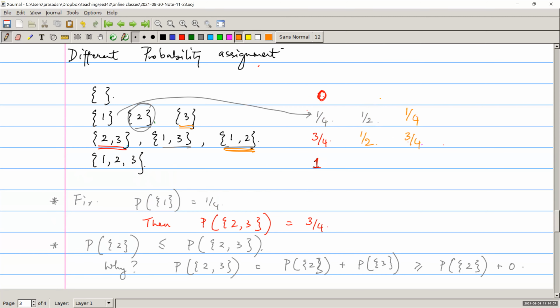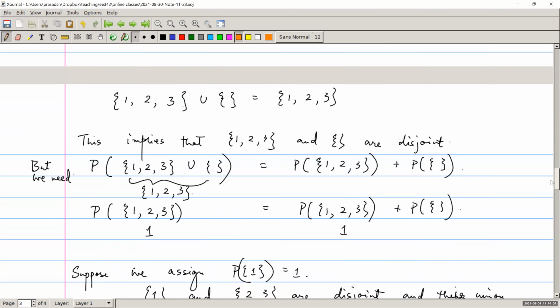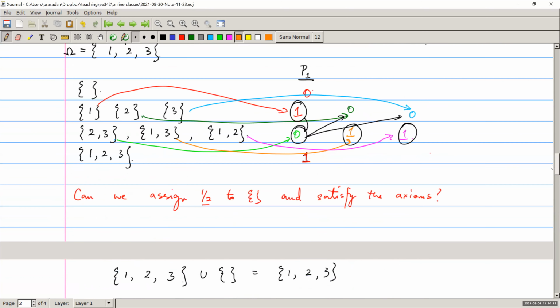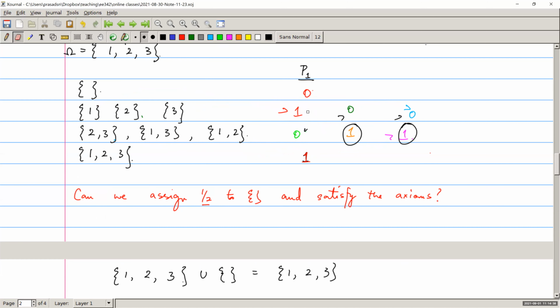When you have a discrete universe, a universe whose elements you can enumerate like this, you can enumerate the elements of the universe as 1, 2, 3, or maybe even the set of all natural numbers 1, 2, 3, 4, and so on. So long as you can enumerate the elements of the universe, there is a unified way we can think about all these assignments. Rather than do this complicated, first choose this, first choose that, a little ad hoc, a more principled way is to say that